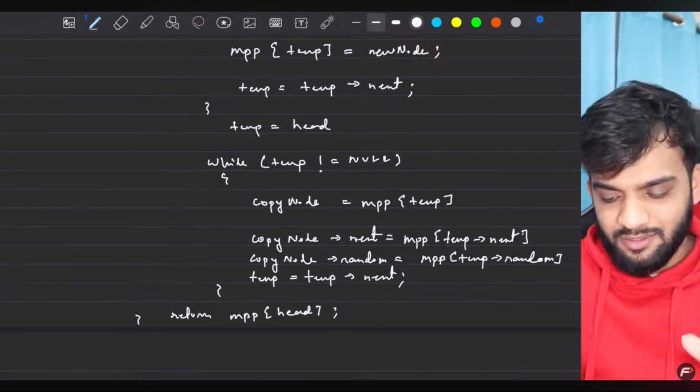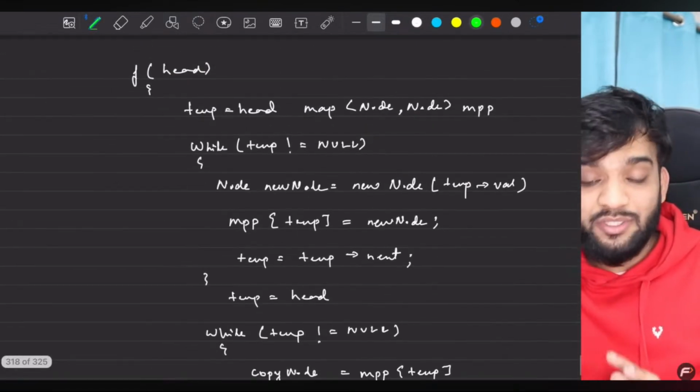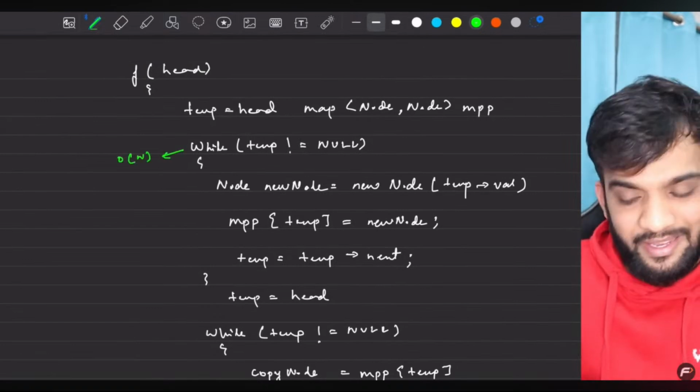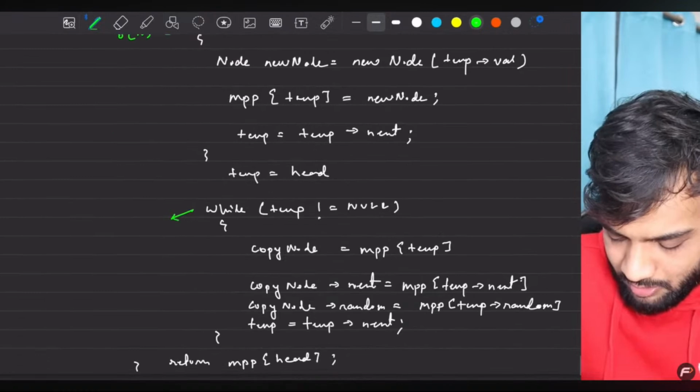Done and dusted. Step 2, I have to compute the time complexity. Single traversal, we go of n. Second traversal,